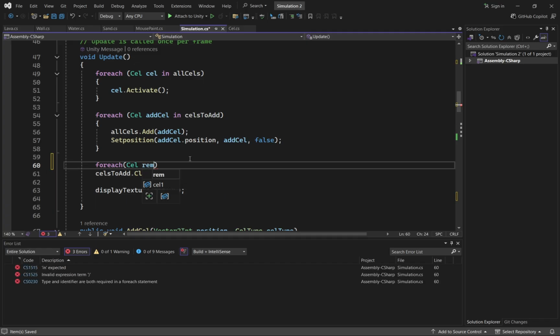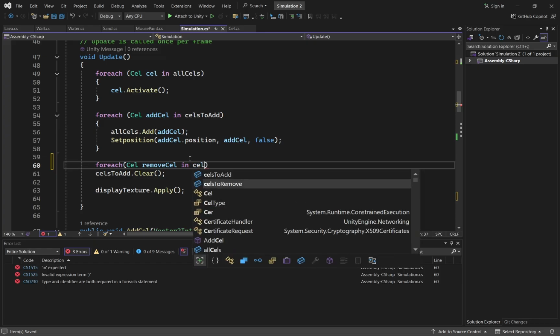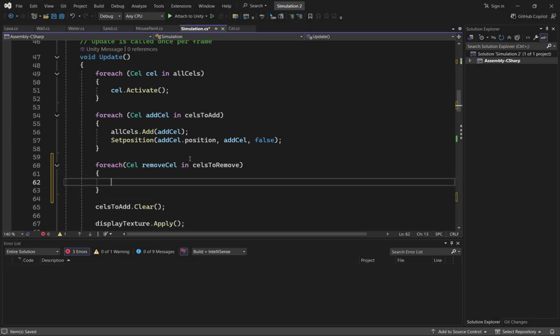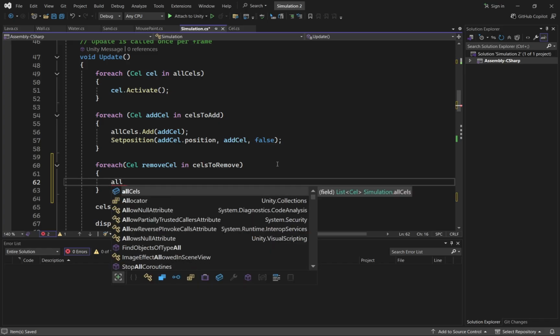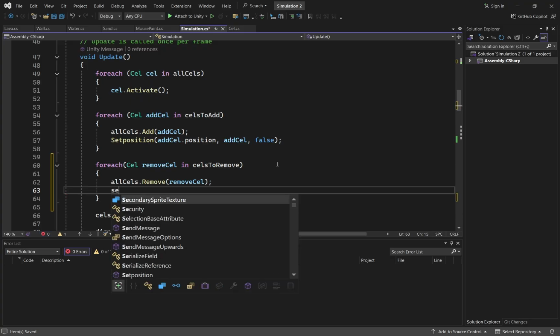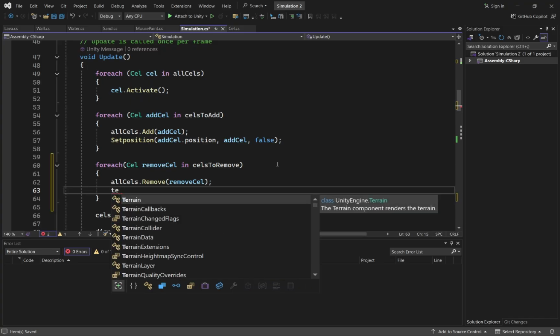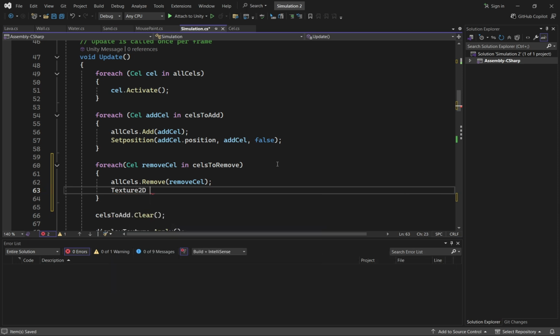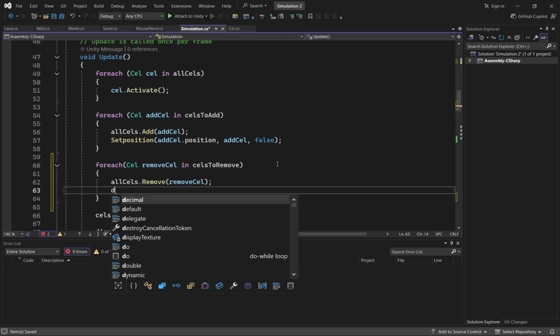Remove cell. So loop through all of the cells to remove. We're doing it for each loop, and we're going to go through all cells to remove, and remove that remove cell from that list. And then we might as well just set the texture. It would probably be better if I had a helper. No. What's our display texture? Display texture